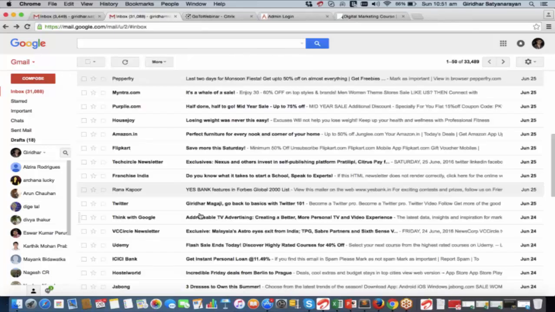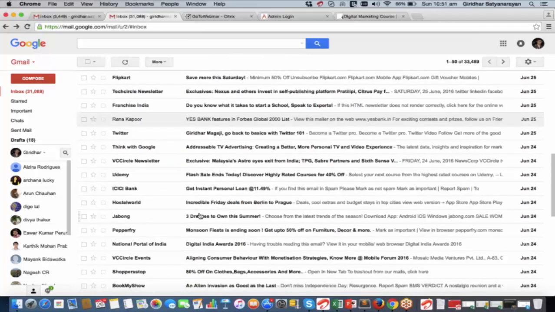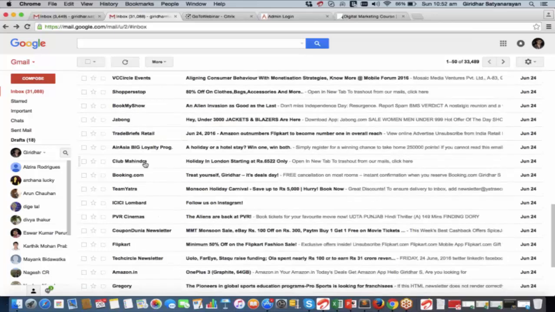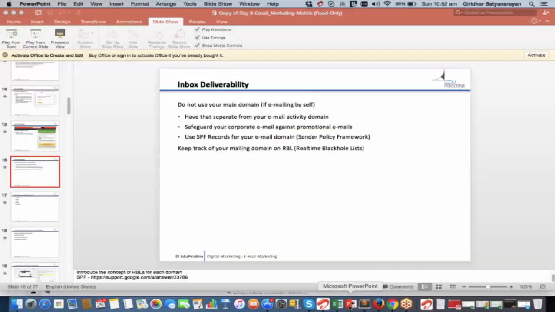Let me find something else for you, which is spam. Club Mahindra. Yeah. Shop at best.com. Again, it is shop at best.com via so and so, which means that they're using a different domain to send the email, and they're saying that they send it from here. So yeah, that is where your SPF records come in. I can send you a link for more information about what SPF records are and how they can be used.